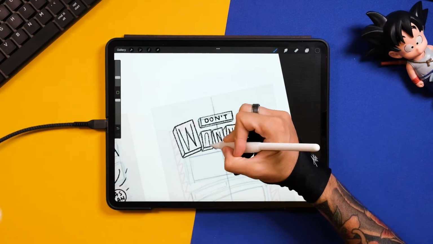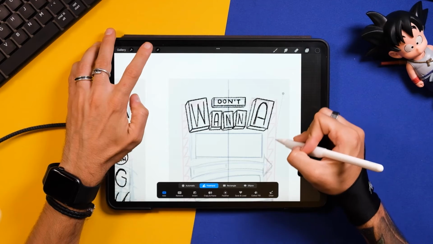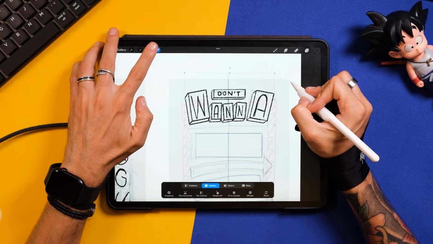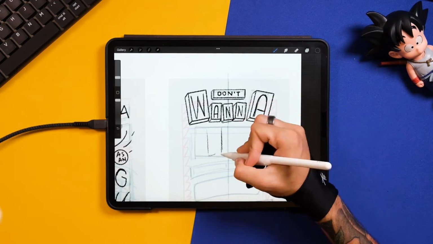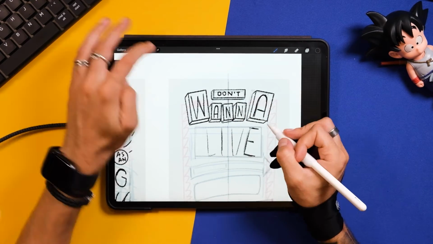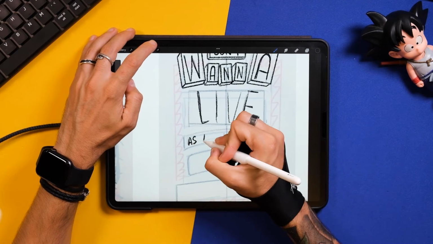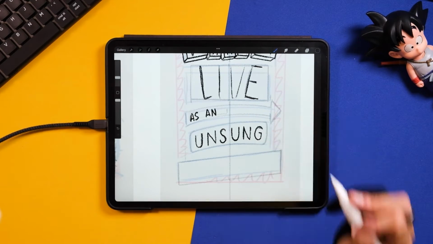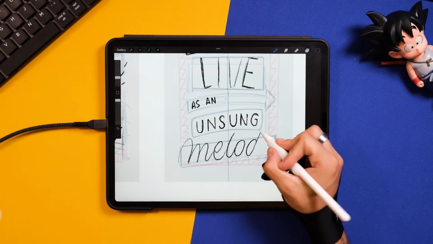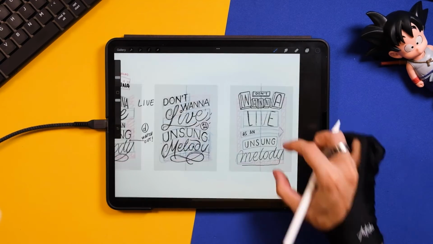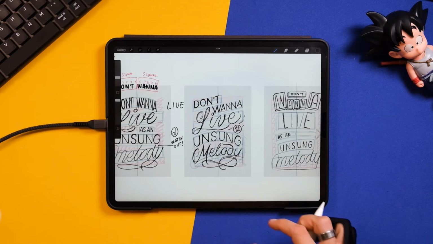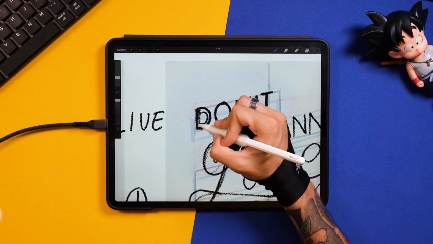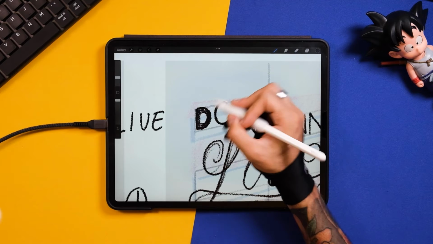Okay, so there you go. Now the third word, I'm just making the square, the container, a little bit taller. I'm gonna put live here, and then unsung, and this melody I'll use it for a nice neon sign. Okay, so I'm pretty much done with the main skeleton of the words, and now I'm going to go ahead